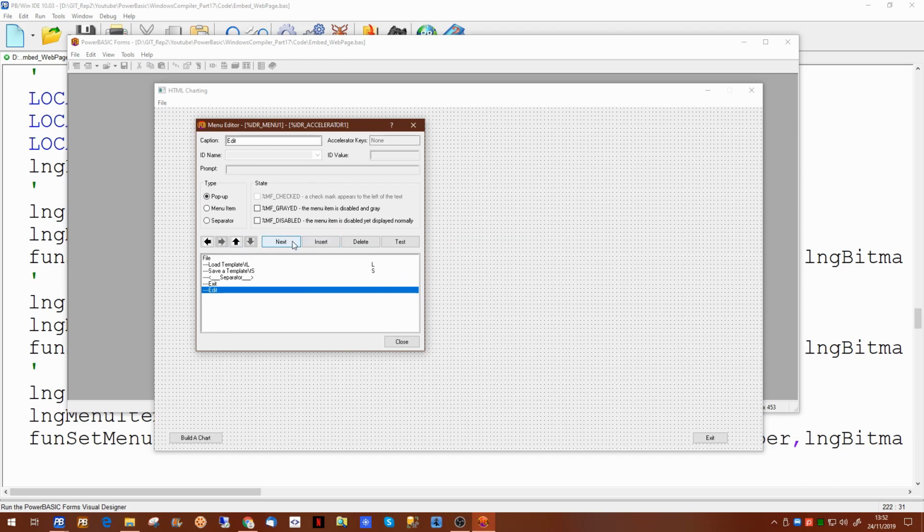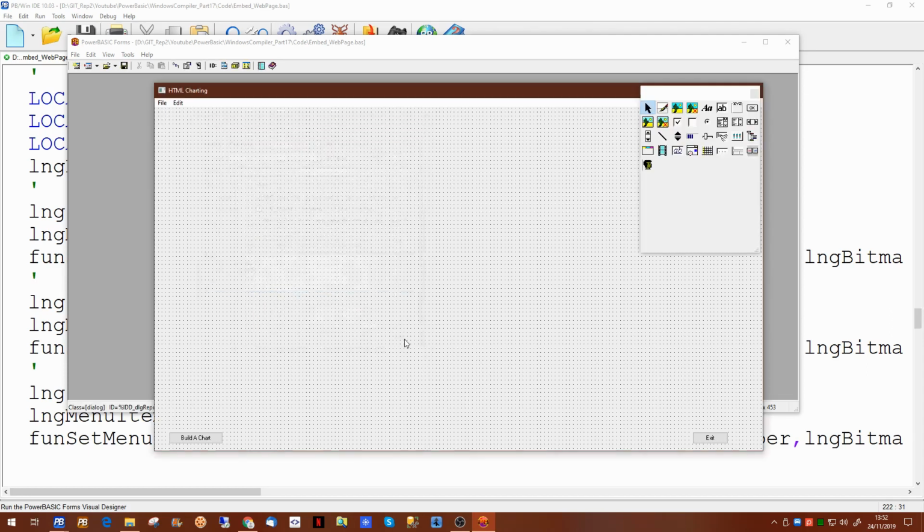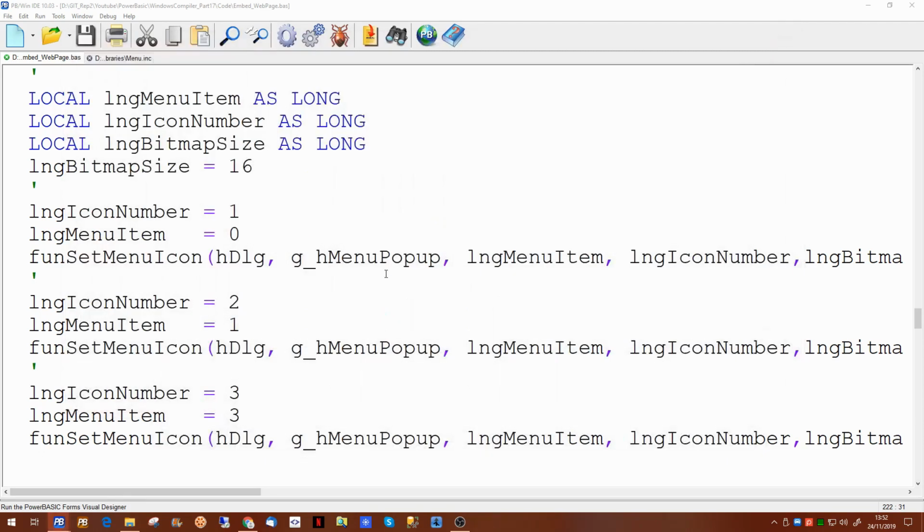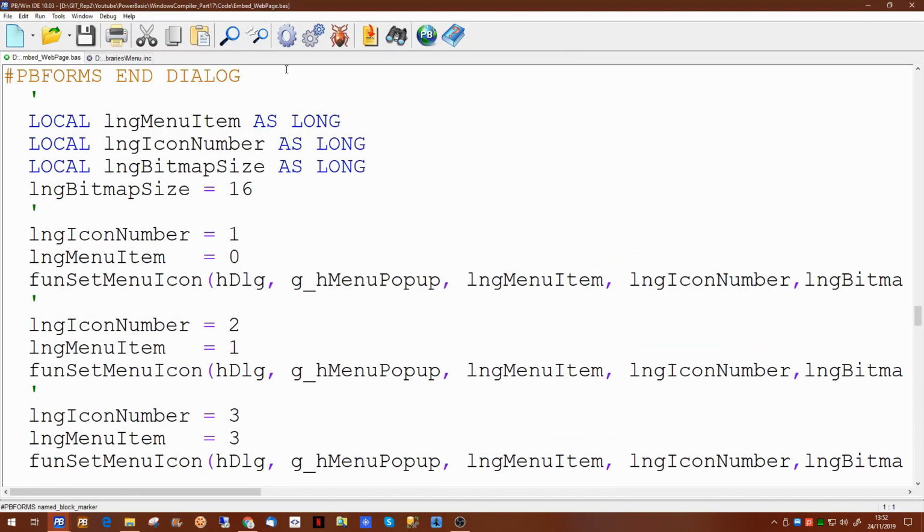And we'll go into next. In fact, if you move that one to the left so it appears at the same level as file. And on our next one, let's call it test menu. And what we're going to do in this one, we're going to set that one as a checked menu item. So if we save that and run our application now,